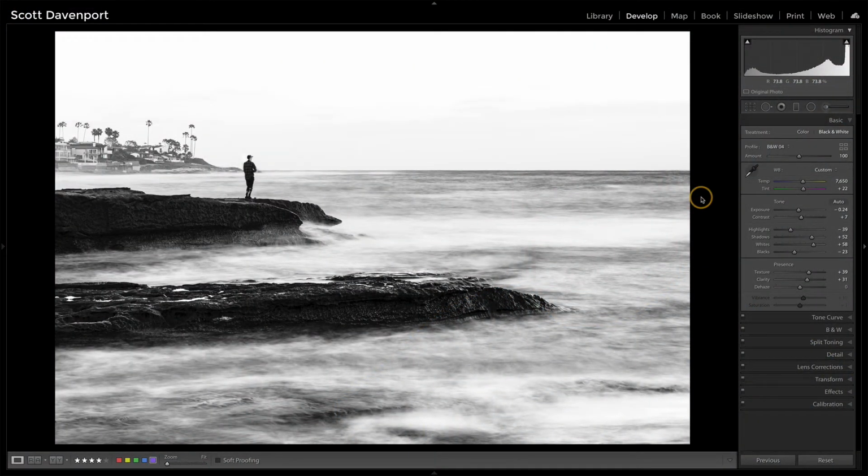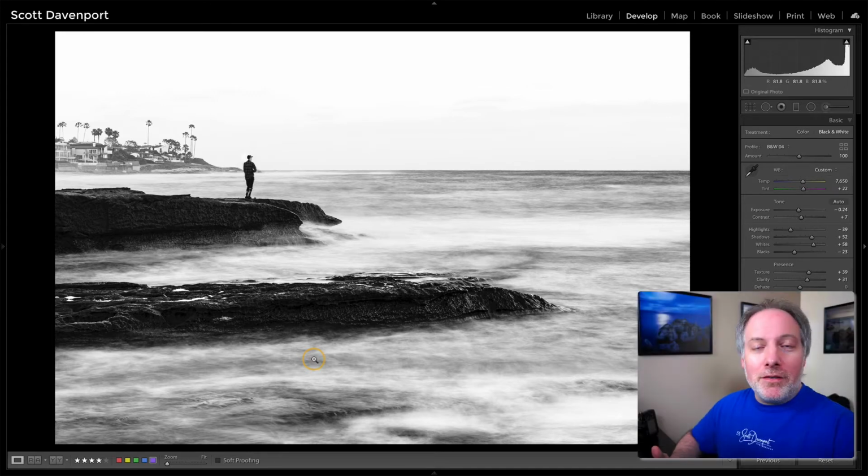It's a different shot of the fisherman. If you watched In the Field earlier this week, you saw the final photo where it was a really nice color image, some nice action going on. The thought I had going into this photo was, oh great, I got a fisherman here, and I wanted this water to be super misty, almost minimal. What I failed to do, because I was concentrating so much on capturing something crisp of the fisherman, was capture a really long exposure of the water. And this was the best that I had.